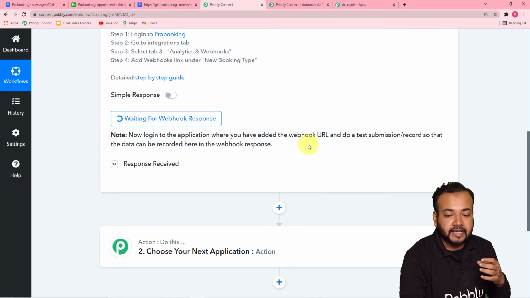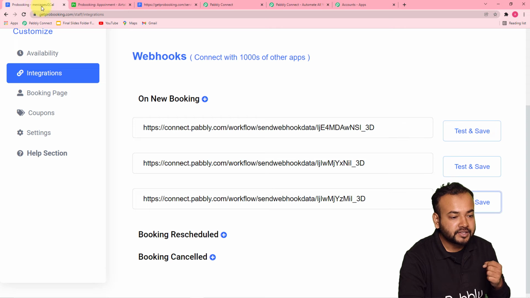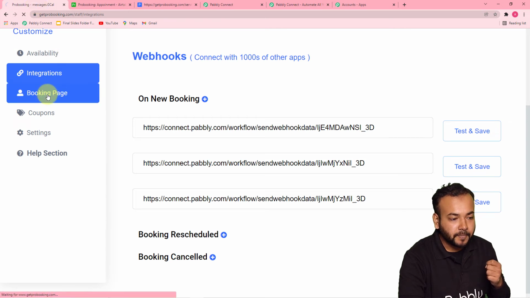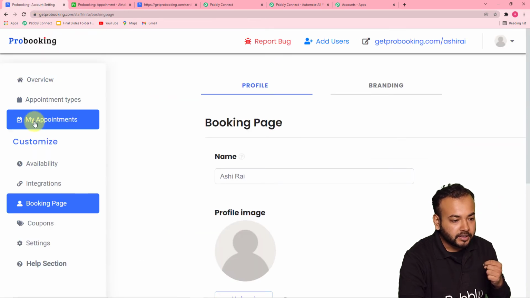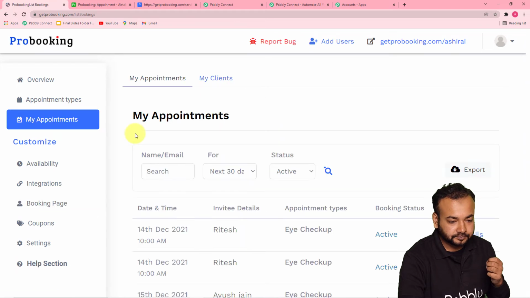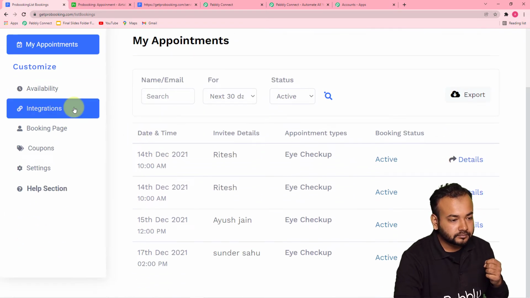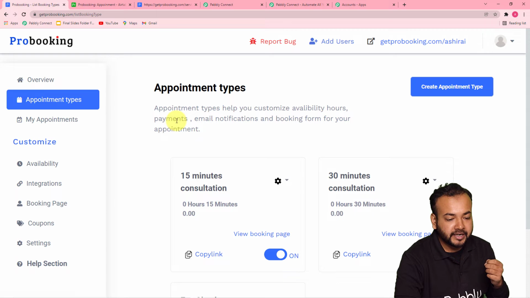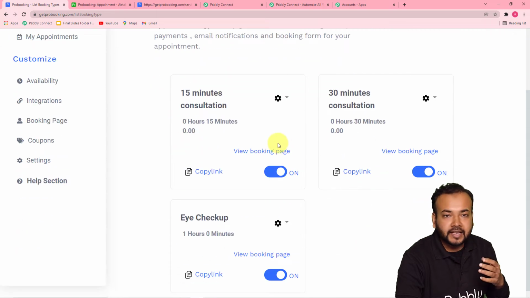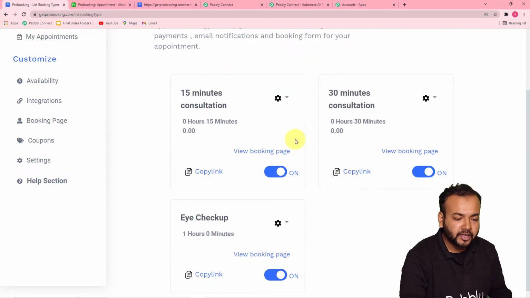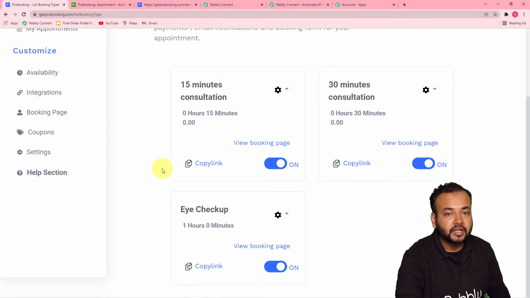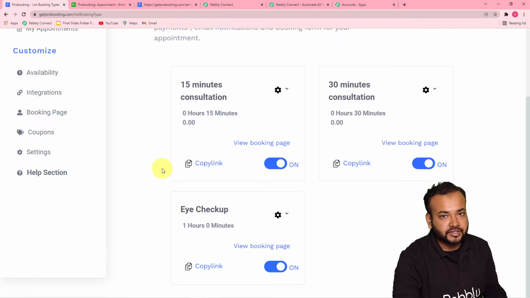Now we will do a test submission from our booking page, from which we want to capture the data. Our page is this one. Let me click on appointment types here. We can have multiple booking pages from the ProBooking application. You have to find the page from which you want to send the data.